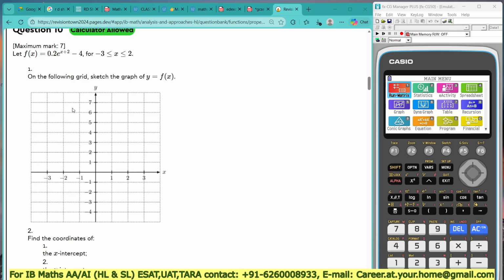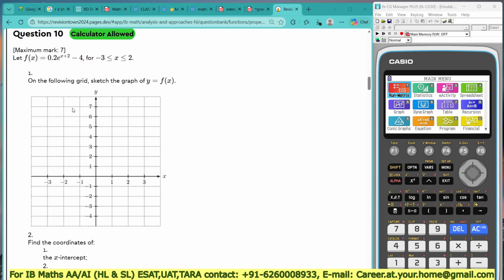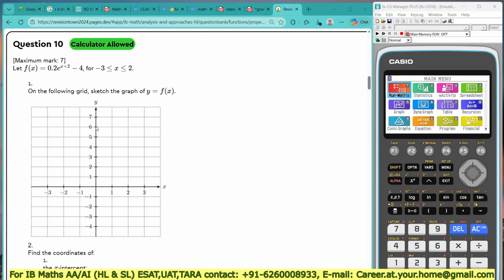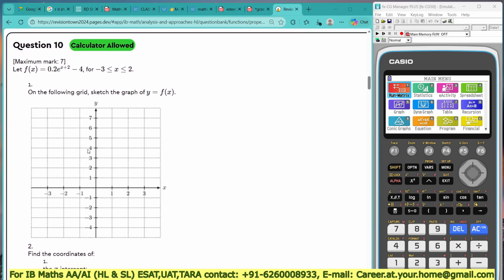Okay, so this is my question number 10. It is for 7 marks. So f(x) is given, and our view window, our range of x, the domain is also mentioned here, -3